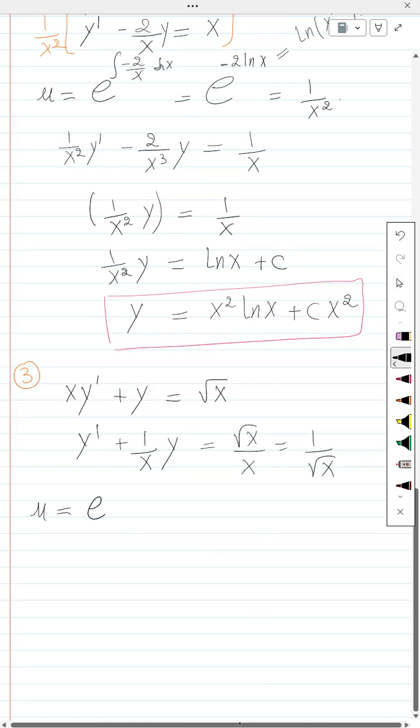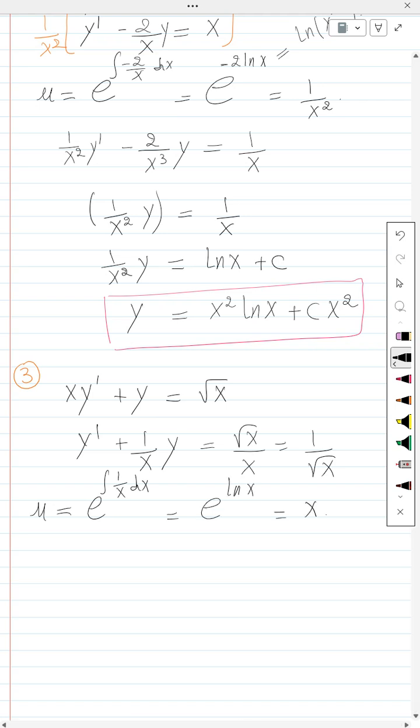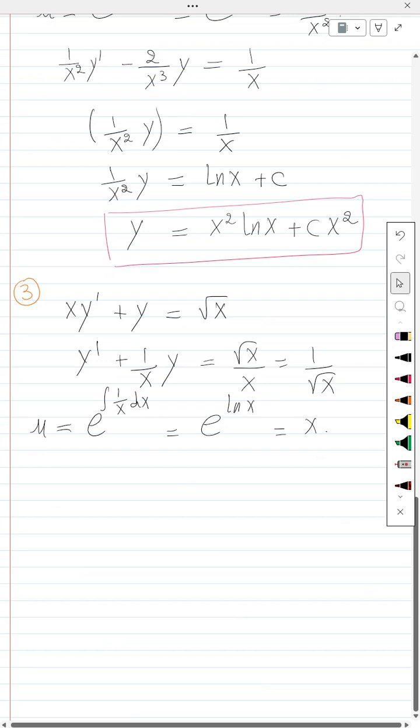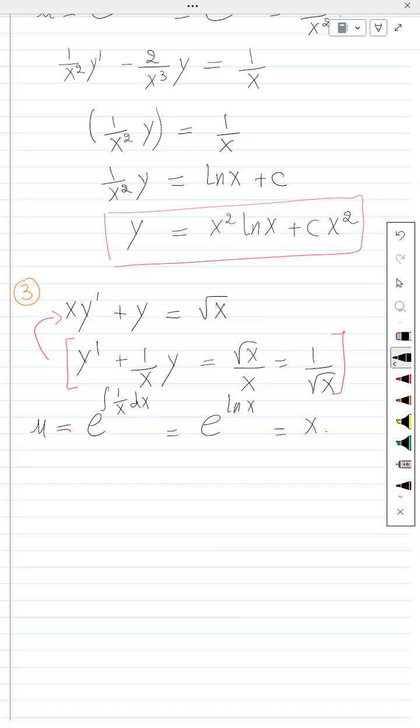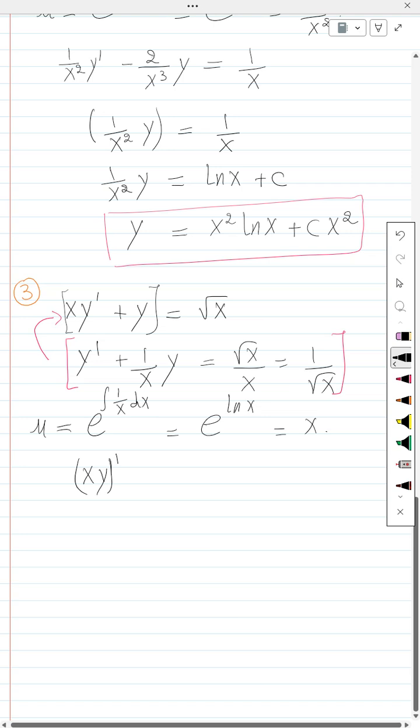It's going to be exponential of the integral of 1 over x dx, which is going to be exponential ln x, and this is going to be equal to x. So we need to multiply our equation by x. When we multiply this equation by x, we're going to obtain this equation. It's not difficult to see that this is the product of two functions. So it's going to be x y, all prime,